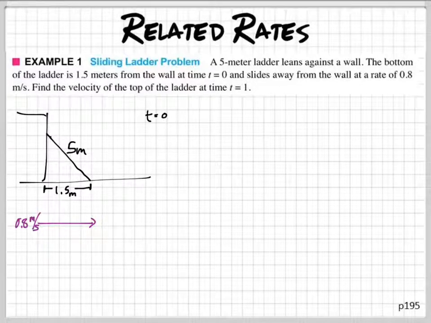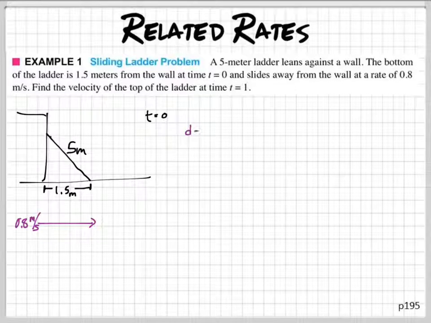Okay, so here we go. First, let's look at 0.8. How else can we write 0.8? Now we have to go back to your understanding of derivatives, because when you take a derivative, that gives you a rate, right? So, how else can I write this right here? We can write that as,